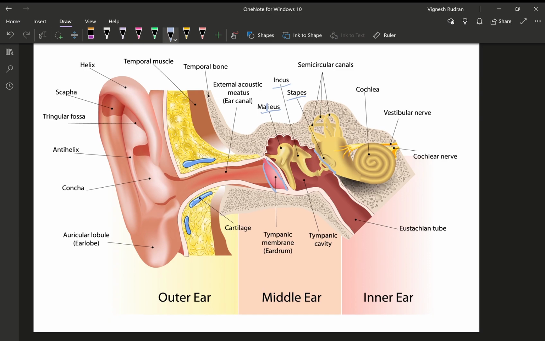And the external ear consists of the tympanic membrane, the external acoustic meatus, and the pinna. So some important landmarks on the pinna are your helix, your antihelix, your earlobe, and your scapha. These terms are used to locate any pathology which may present in the external ear. And now I'll be telling you about the important functions of each component of the ear.